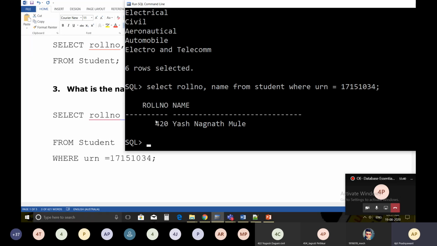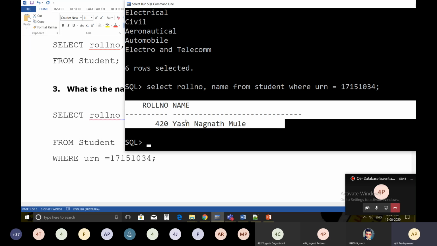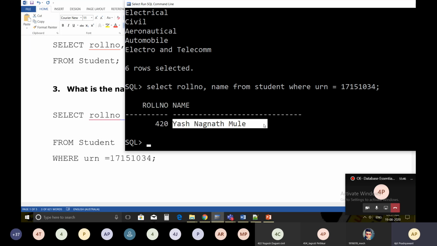See the output. It will retrieve this roll number 420, and the name of the student is Yashmani.